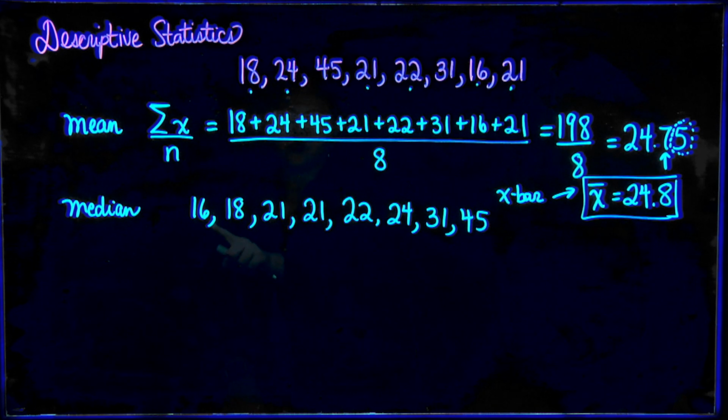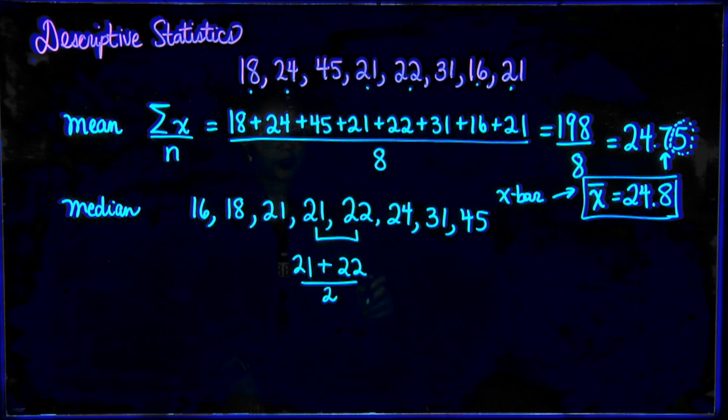And let me just make sure, 2, 4, 6, 8. And we have 3 numbers over here, 3 over here. So the 2 numbers in the middle are 21 and 22. So I would add these 2 numbers together and divide by 2,